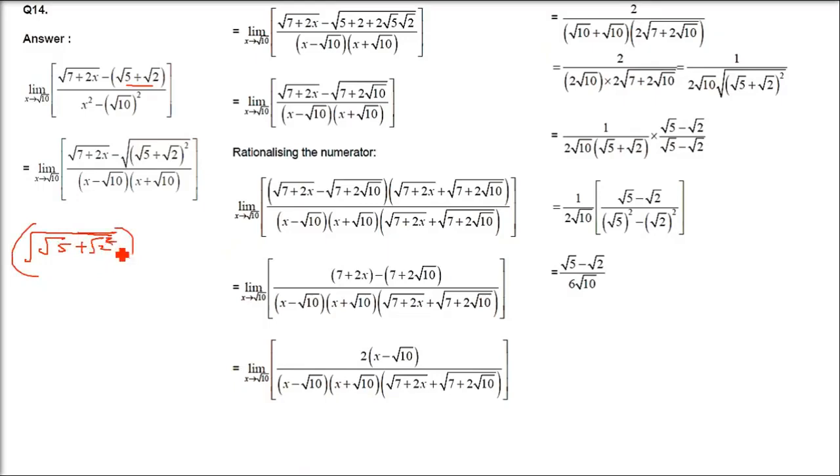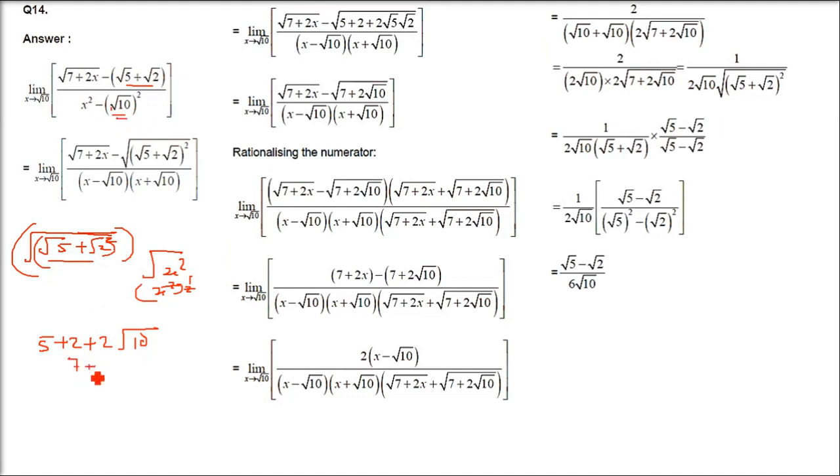What does it mean? Square and under root will get cancelled. Right? If you are taking x square under root, it is going to be x. So this is root 5 plus root 2 whole square and under root. So it is the same as root 5 plus root 2. Why have we written it? We are squaring it now. Using a plus b whole square, a square plus b square plus 2ab. So root 5 whole square is 5, root 2 whole square is 2, and you have 2 times under root 5 under root 2, which is under root 10. So you already have under root 10 in the denominator.